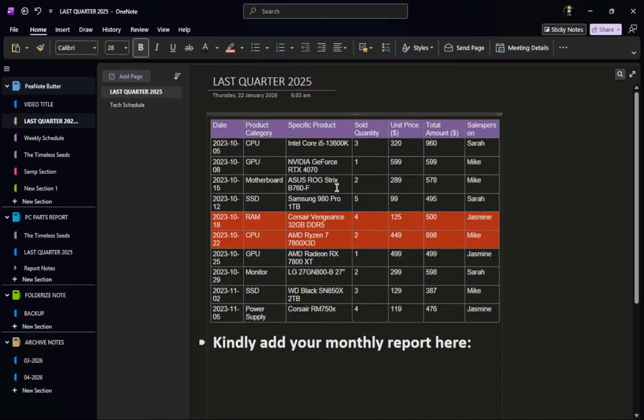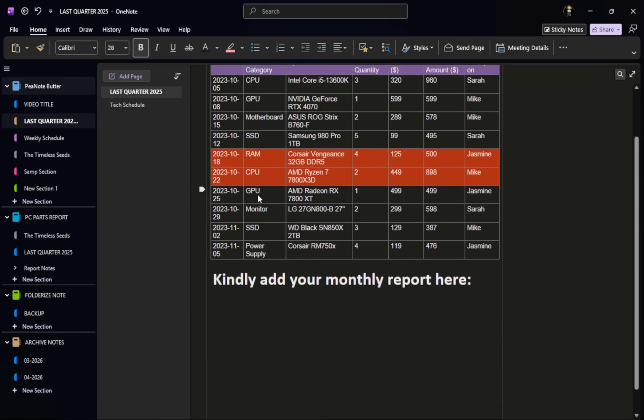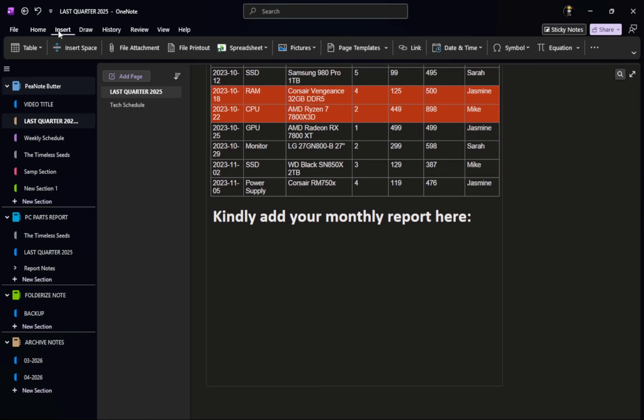You will see the familiar OneNote interface, which includes various sections and pages on the left. This organization is key to finding your notes later, helping you stay efficient. Next, look for the Insert tab at the top of the OneNote window. Clicking the Insert tab reveals several options for enhancing your notes. This tab is where you can add multimedia elements, making your notes more engaging.